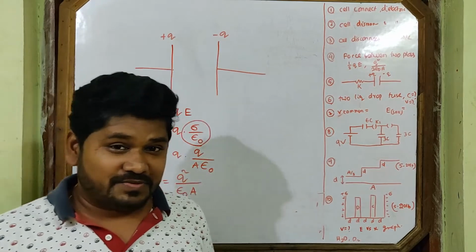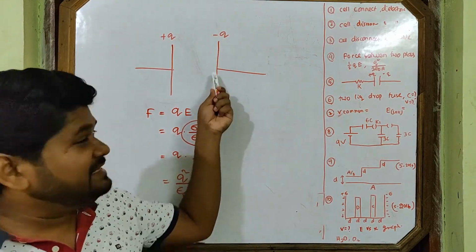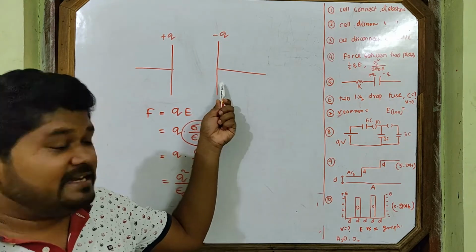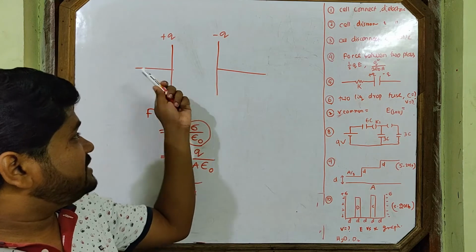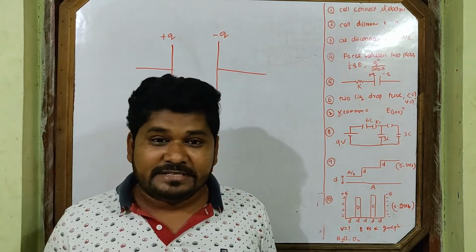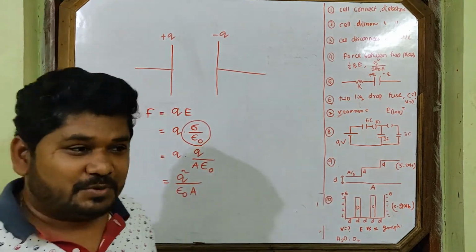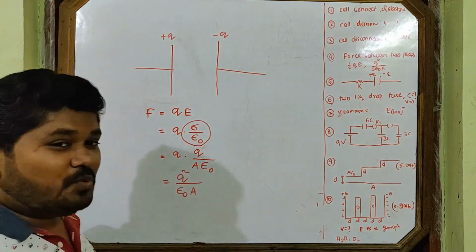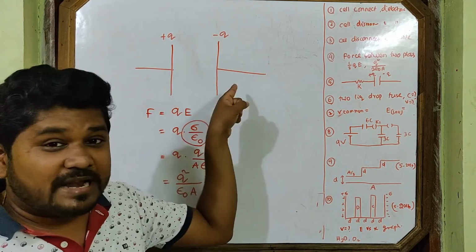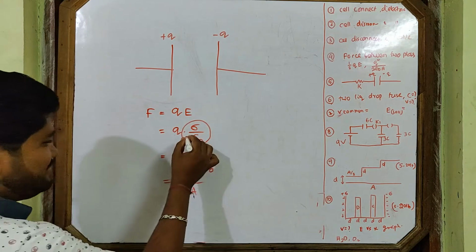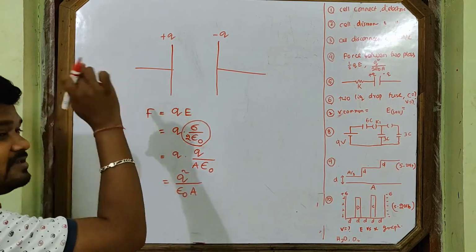I just told you before, in this minus Q, this plate experiences force because it is in the electric field of this plate. This one experiences force because it is in the electric field of this plate. Means the electric field of one plate you have to take. But we have taken the electric field of both plates. We know the electric field sigma by epsilon naught is due to both plates. But this is the electric field of one plate. One plate will feel the force due to the electric field of another plate.